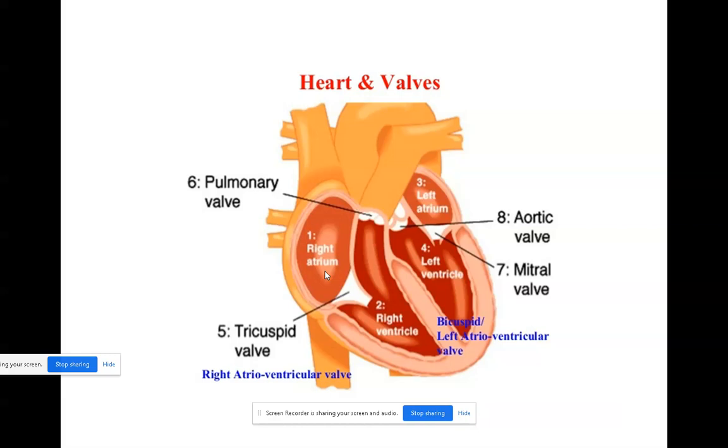Okay, so after that, through this valve, the tricuspid valve, the blood will enter into the ventricle. The blood will be moved to the right ventricle. Here the right ventricle will be filled by blood. So your right atrium will again come back to being empty, looking like an empty balloon. Okay, so a filled, air-filled balloon will be